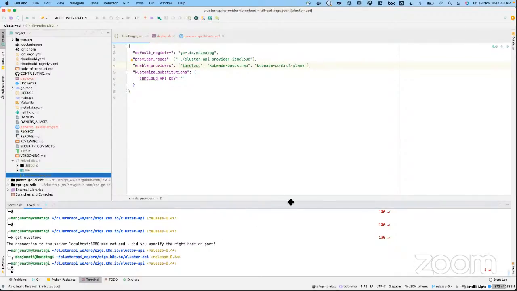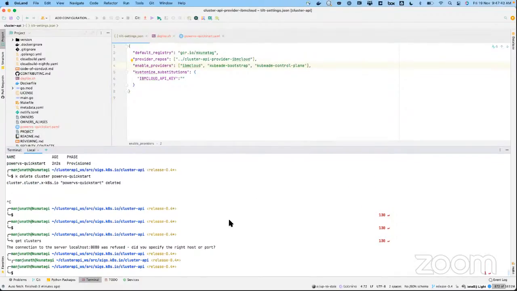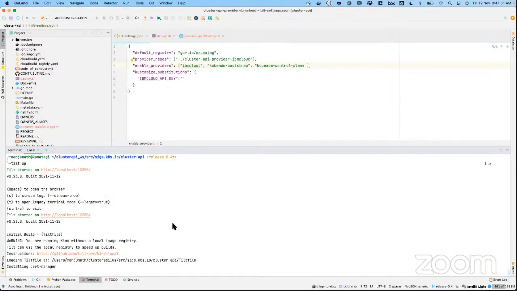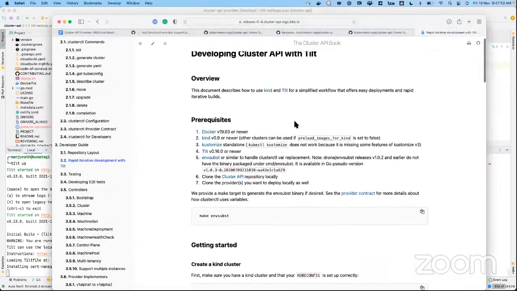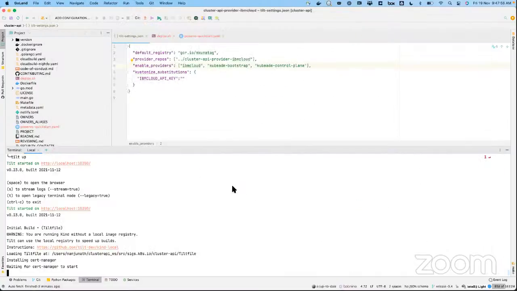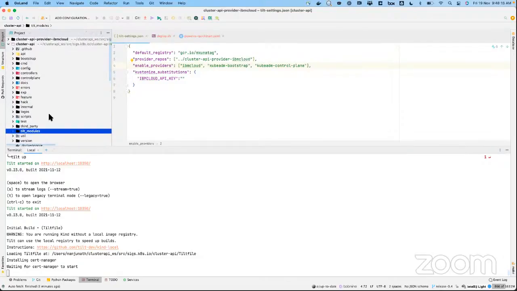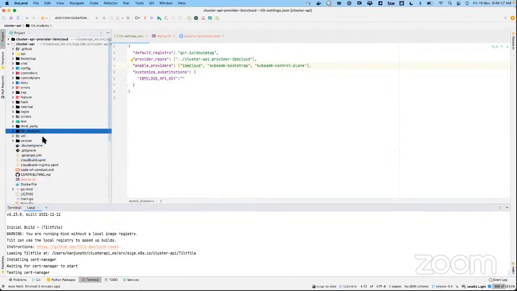Once we create these files, we just go to this Cluster API directory and run tilt up. You can find the instructions on how to install Tilt, and what needs to be installed as a prerequisite, here. But the idea is that once you start running, it will go and install everything on its own. They have a flow created in Cluster API for what needs to be deployed.